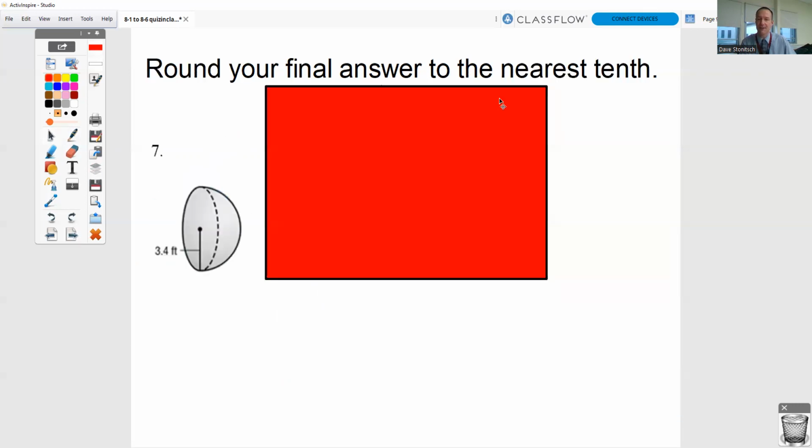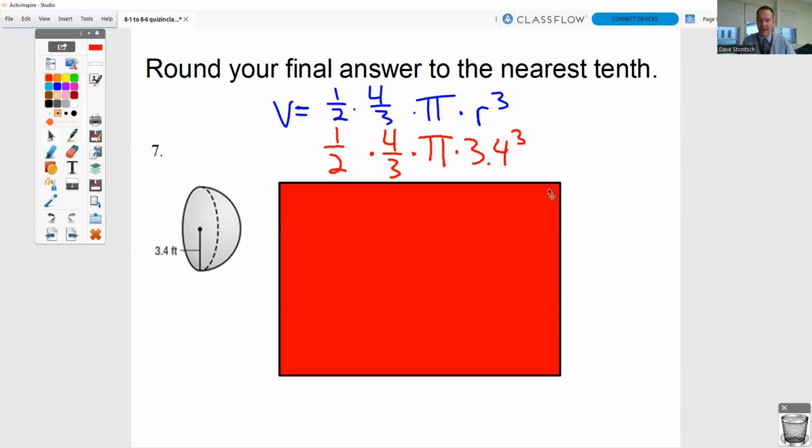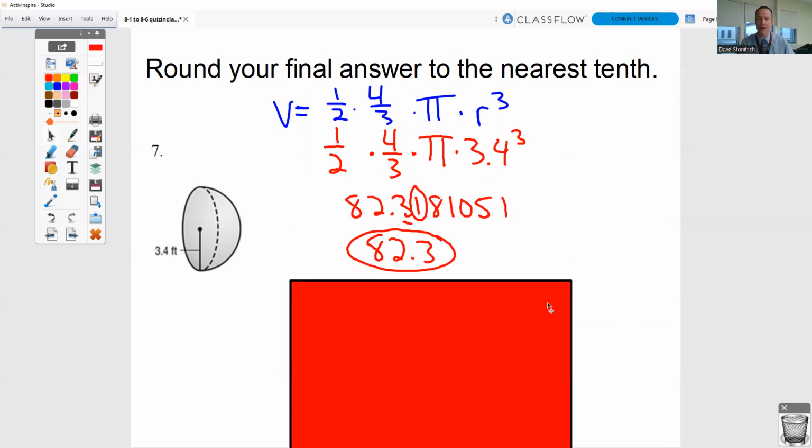In question number 7, you're given a hemisphere. So we want to use the hemisphere formula, 1/2 times 4/3 times pi times the radius cubed. 3.4 is your radius, so we just want to stick that into the formula. You're rounding to the nearest tenth, so you're going to type in everything, including the pi symbol. So you're going to be typing in 1 divided by 2 times 4 divided by 3 times pi times 3.4 caret button 3. You get a big, long, ugly decimal, and you round it to the nearest tenth, you get